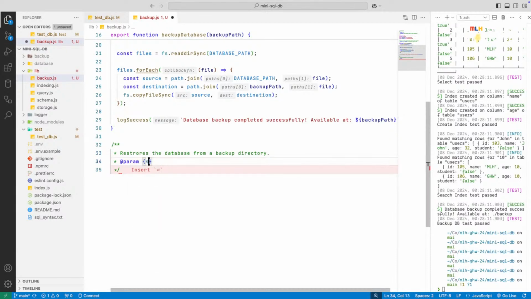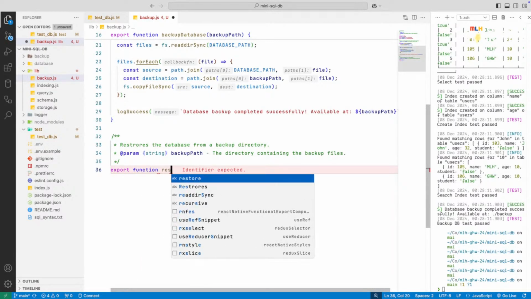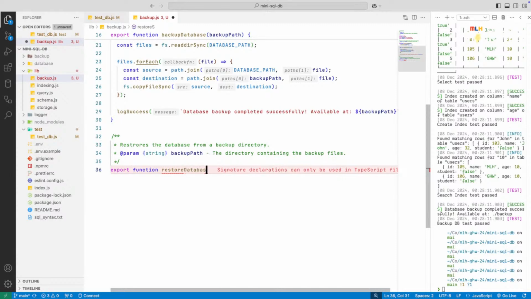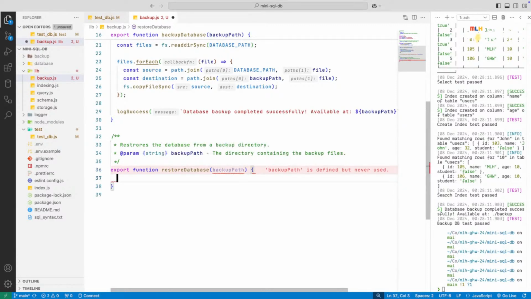It takes in one param, which is the backup path, the directory containing the backup files. And we'll say export function restoreDatabase, backupPath. Okay, so restoreDatabase takes in a backup path which is of type string, and step one is